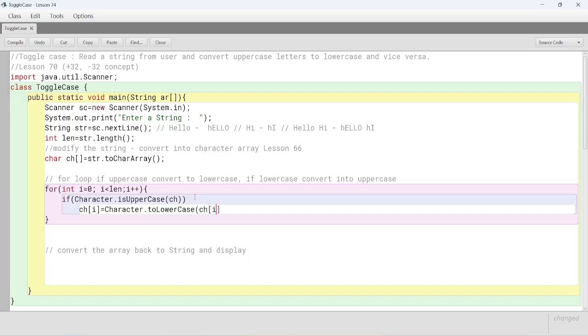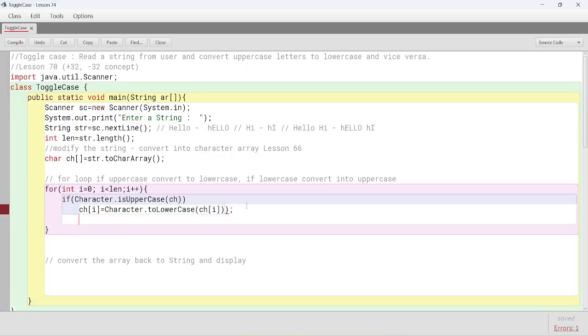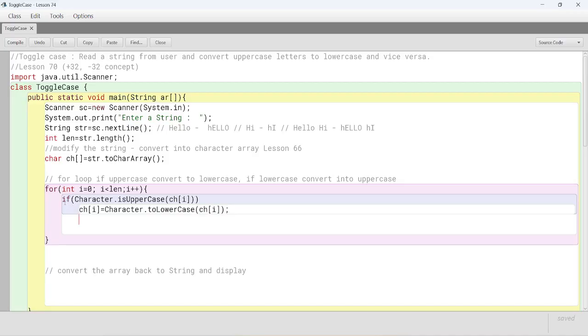Ch of i. Either this is okay, or Character.toLowerCase(ch of i). If Character.isUpperCase(ch of i), is it uppercase? Then convert into lowercase. Ch of i should be converted into lowercase and returned to the same ch of i. Either this way we can write, or